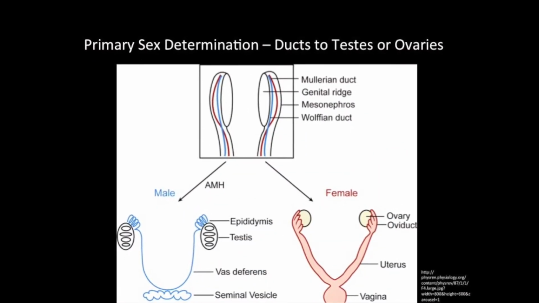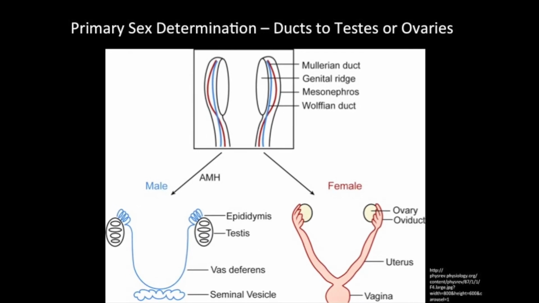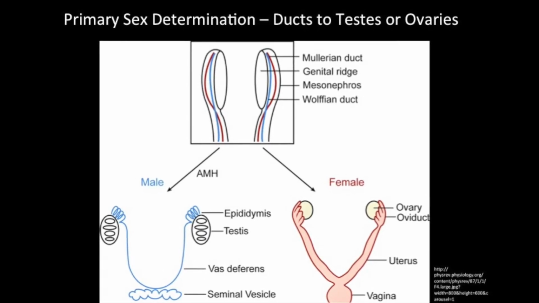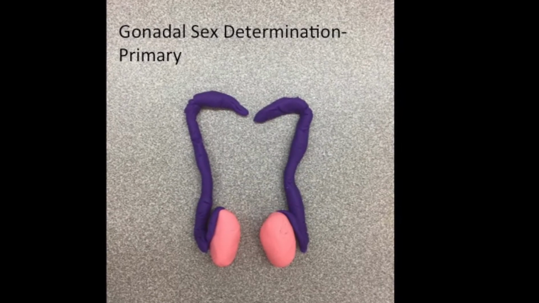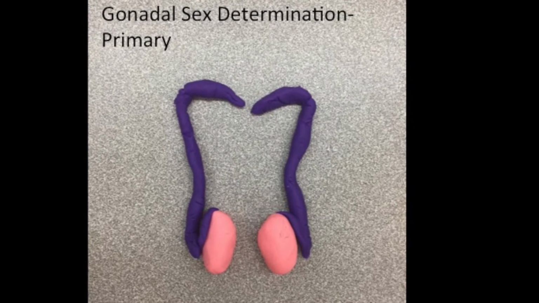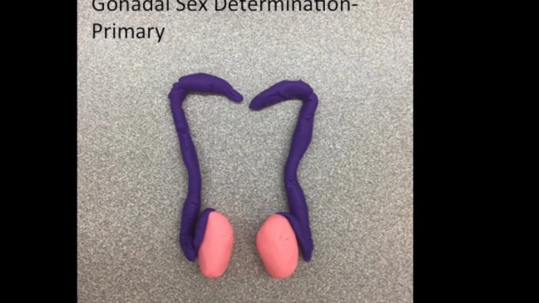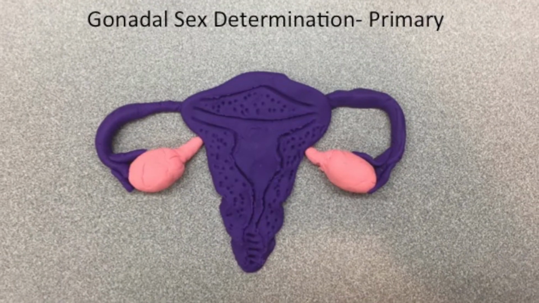Primary sex determination, or gonadal sex determination, is the early development of internal reproductive organs. At 7 weeks old, the embryo's developmental pathways will activate different sets of genes, causing their uncommitted duct systems to develop into testes or ovaries. If the SRY gene is present, the fetus will develop testes, and if the SRY gene is absent, the fetus